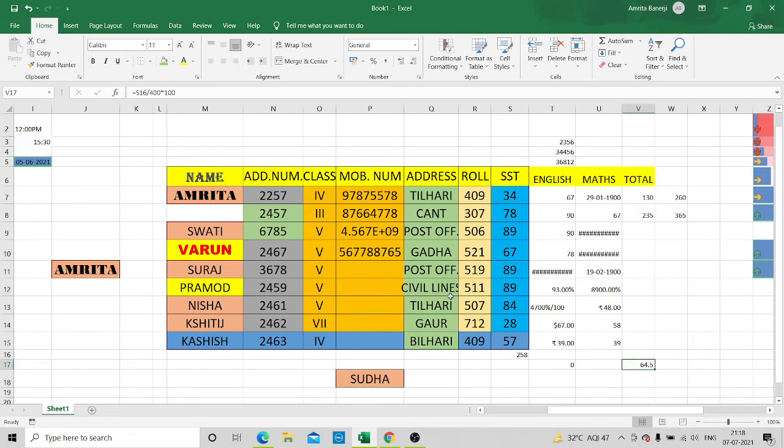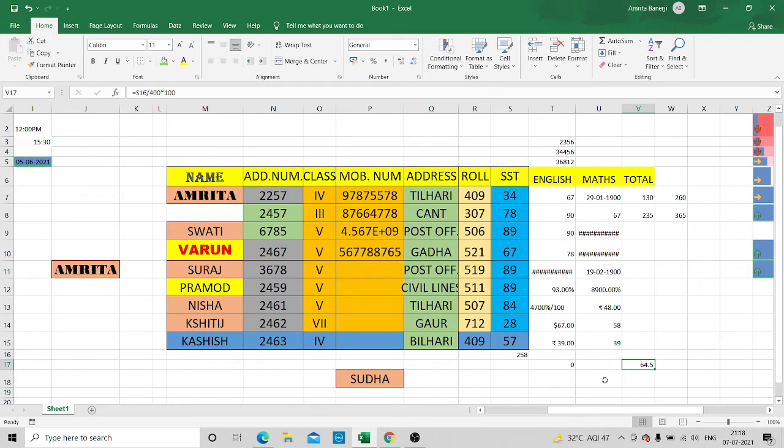See over here, directly from the cut you have done. So children, the formula has got pasted as it is. When you cut and paste, the formula will get copied as it is, but when you copy and paste, the name of the cell will get changed over here. This was the basic difference, children. I hope you have understood the difference between copy paste and cut paste.